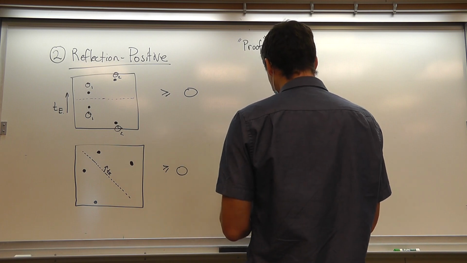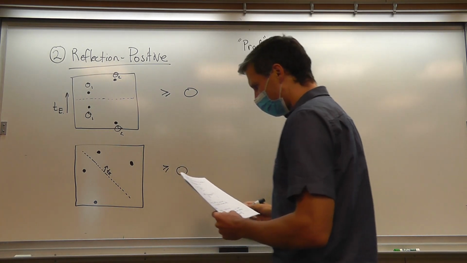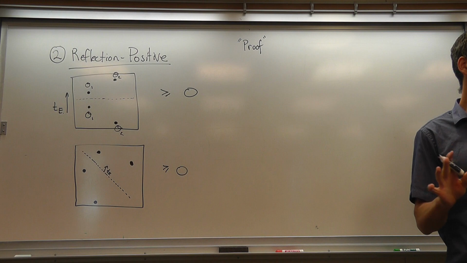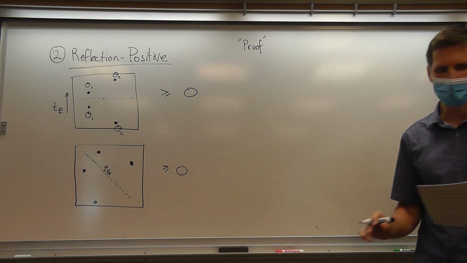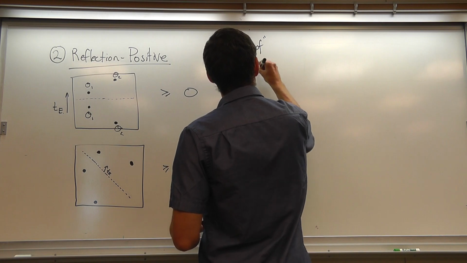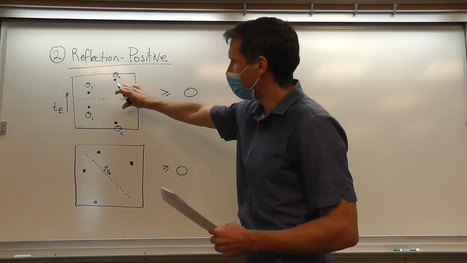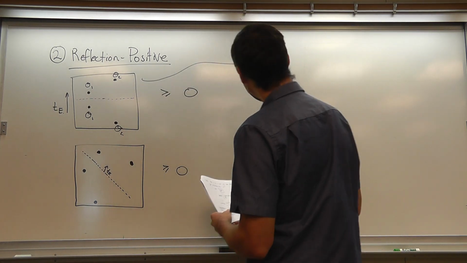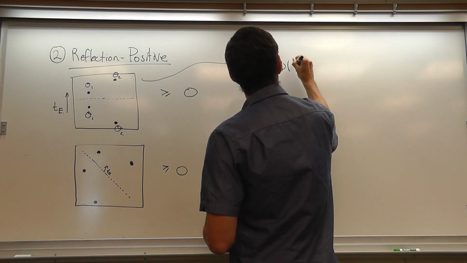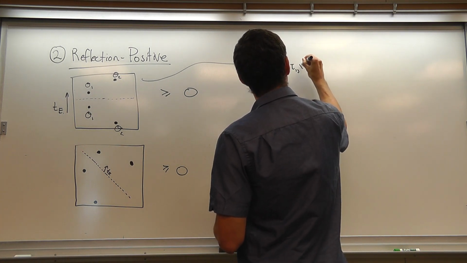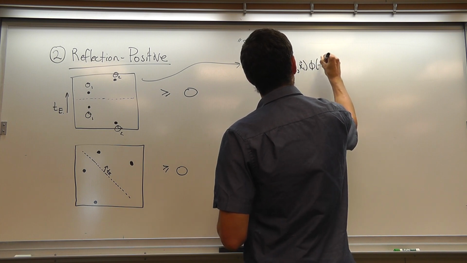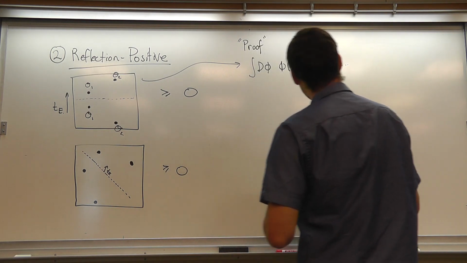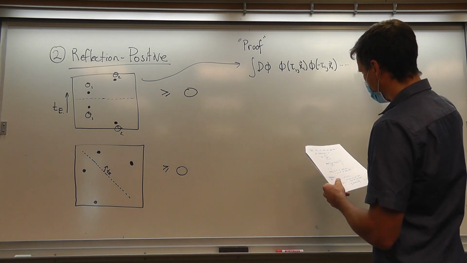Okay, so the quick way to understand this, and I put proof in quotes because it's a good way to understand it, but it's incomplete. If you want to know why it's incomplete, I can come back to that. It's just to write down the path integral. Let's think about a reflection symmetric configuration. This is a path integral with an insertion of phi of tau 1, x vector 1, phi of minus tau 1, x vector 1, and other things, but they all come in pairs, and then e to the minus